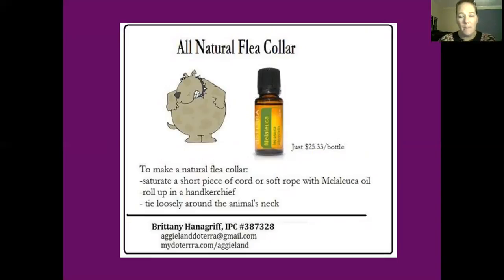And I'm a teacher. My kids go to school, so we're around a lot of kids, and I wanted to make sure that we were safe. So I like putting this in my shampoo. It also is a repellent for bugs for people. So the doTERRA brand has a mixture already for you to keep the bugs away. I'm going to show you in another video a bug off recipe that I have that will do the same thing. And Melaleuca by itself, I have a recipe that you can make bottles,